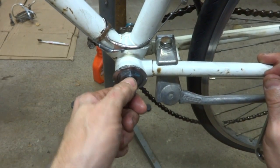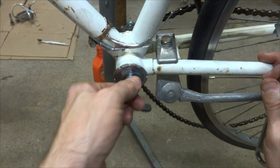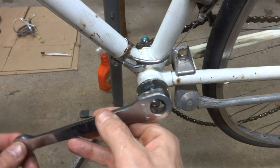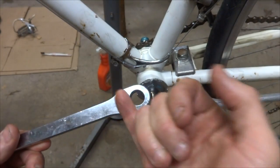Turns nice and smoothly. And maybe just a touch of play, but that's fine. That feels pretty good like that. Okay, so now I'm ready to mount the non-drive side arm here, and I want the Atala thing here facing